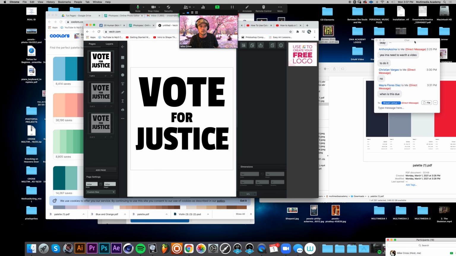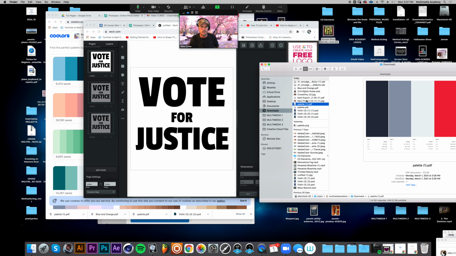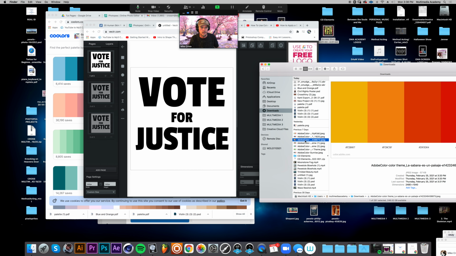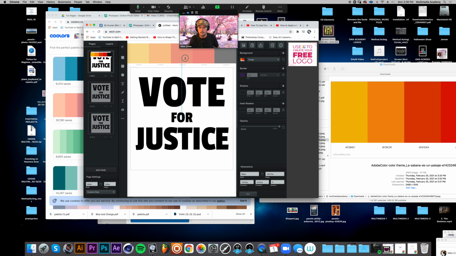I'm going to just drag a color scheme from my downloads here, and I'll start off with this one here. I'm just going to drag it and drop it in here, and you'll see I get an image file placed in here. Now I can resize that, I can reposition it, and I'm just going to put it up above like this. Okay, and then I'm going to go to the next page,